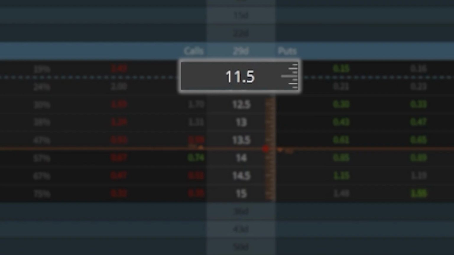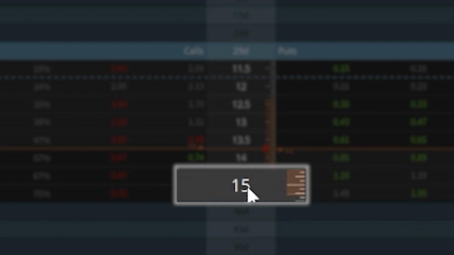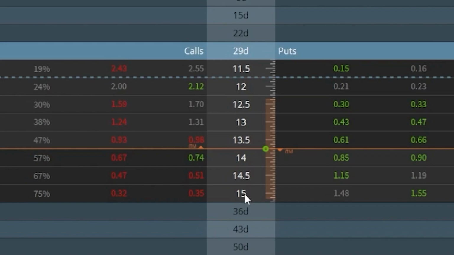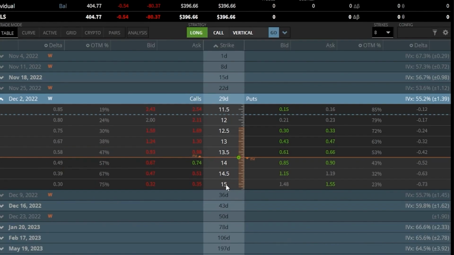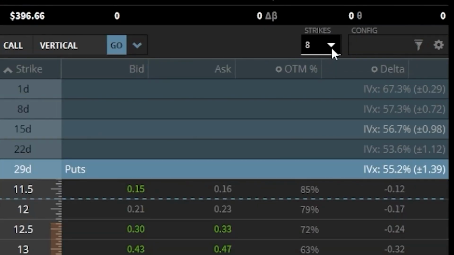So beginning right here, we can see it starts at the $11.50 strike and then goes all the way out to the $15 strike. Just keep in mind that the strike is simply the price that you're getting the right to buy or sell the stock for until December 2nd. If you wanted to see a few more available strikes and maybe go further out of the money, we could do that by coming up here to the top right-hand corner where it currently says strikes 8